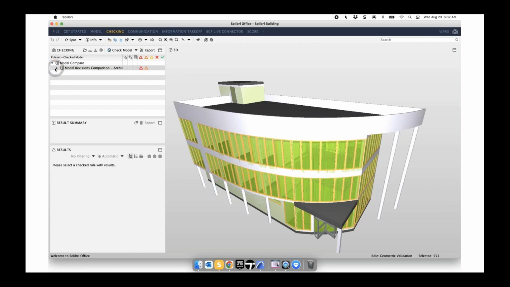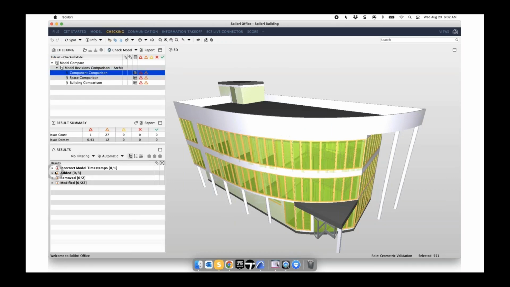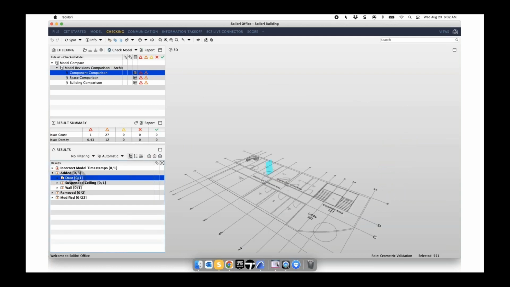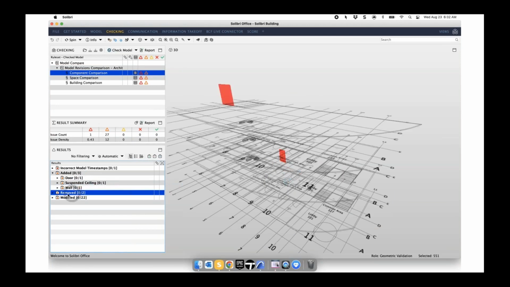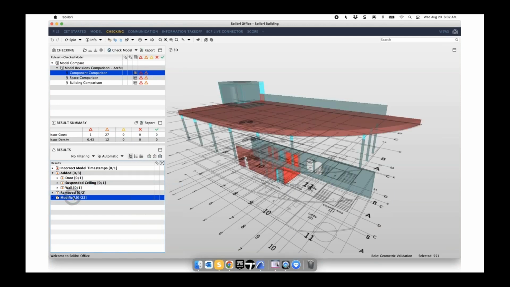There we go, model review, and we have severity, and you can see if we go down to our results, 3 things were added. We can click on them and visually see them. 2 things were removed, and 22 things were modified. So once again, it's the speed of getting this information off